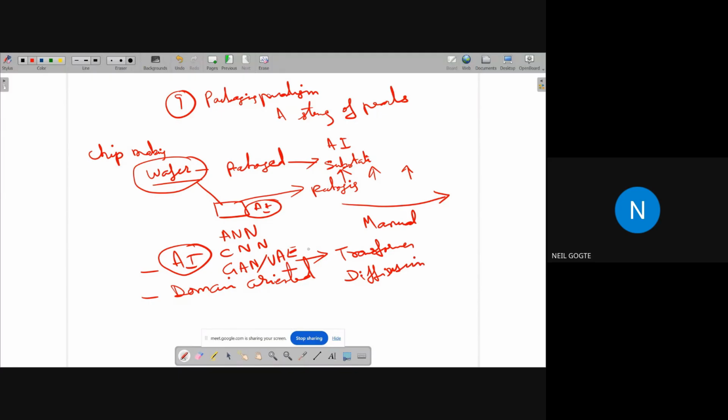So once you go through all these basic algorithms, which I'm doing through these sessions, basically we'll take you to the domain-oriented AI, where we'll build models specifically for various problems, and we'll teach you how to build models. Those of you who are interested will obviously join these startups as interns, and they will become part of these startups and learn how to actually use AI to do many of these things,